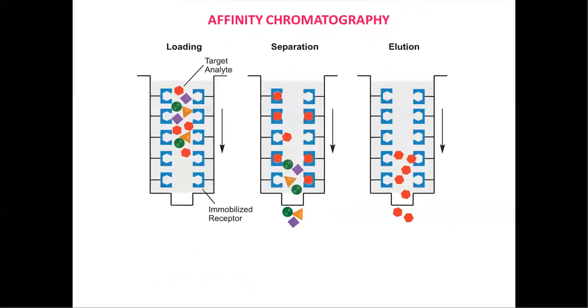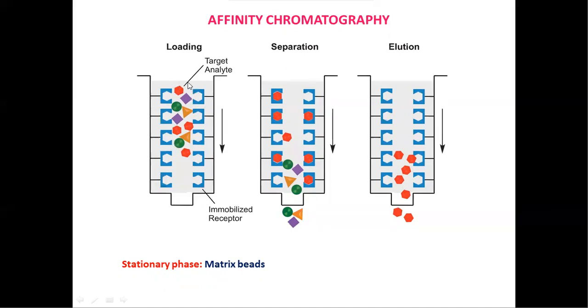This is also a very important technique, so we need to learn it. And next, affinity chromatography. The main principle here is affinity. That means we are using a stationary phase that is a matrix base, which has a specific affinity for specific components. If you see the picture here, this is the matrix. We are using immobilized matrix beads, which have a hexagonal shape, and these are the samples we have.